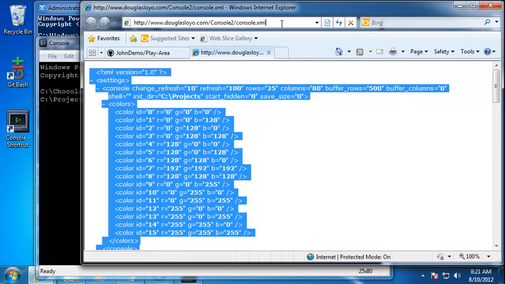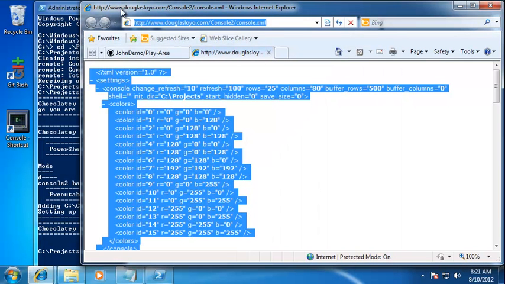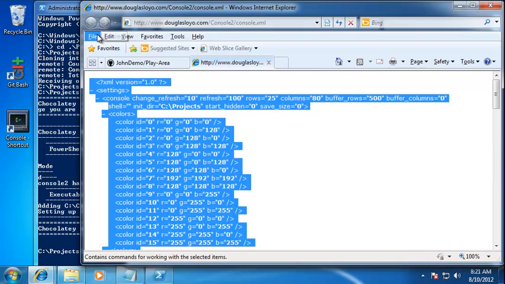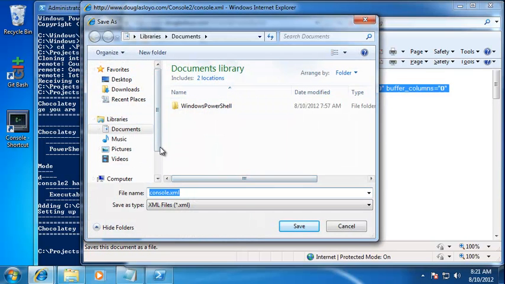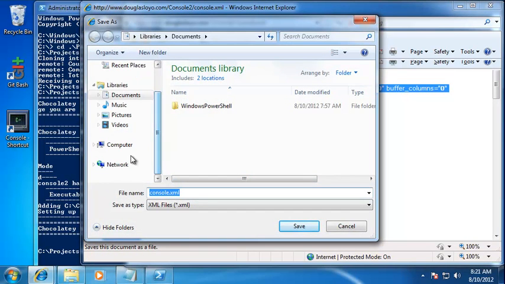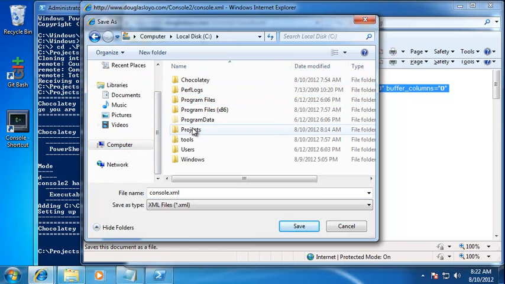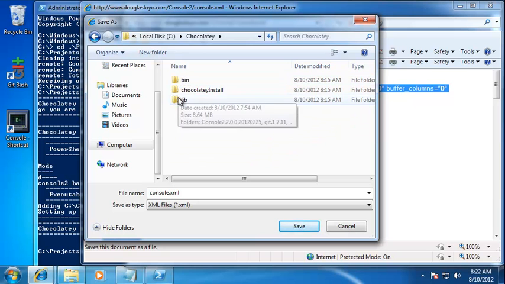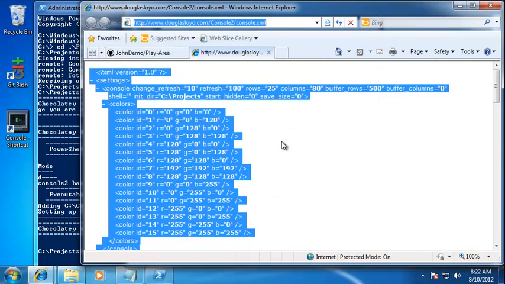douglasloyo.com/console2/console.xml, and that's what I'm going to do. So I'm going to close Console 2. We're going to say File, Save As, console.xml, and we're going to put it in the location where Console 2 is installed, which is chocolatey lib console2 bin, and we're going to overwrite this guy. So we'll say yes,